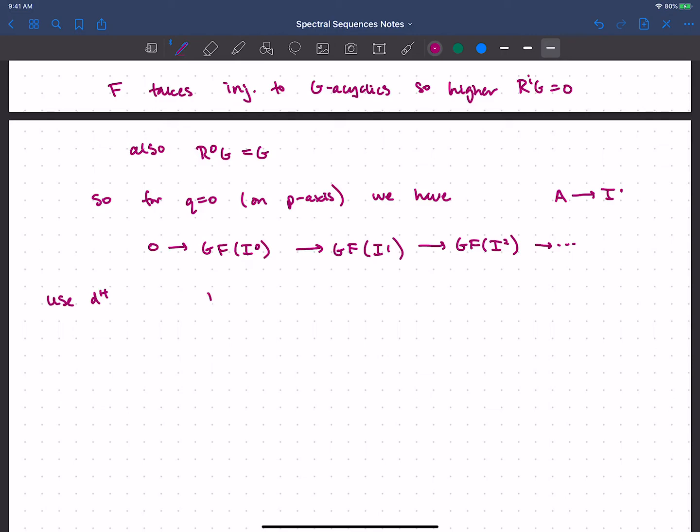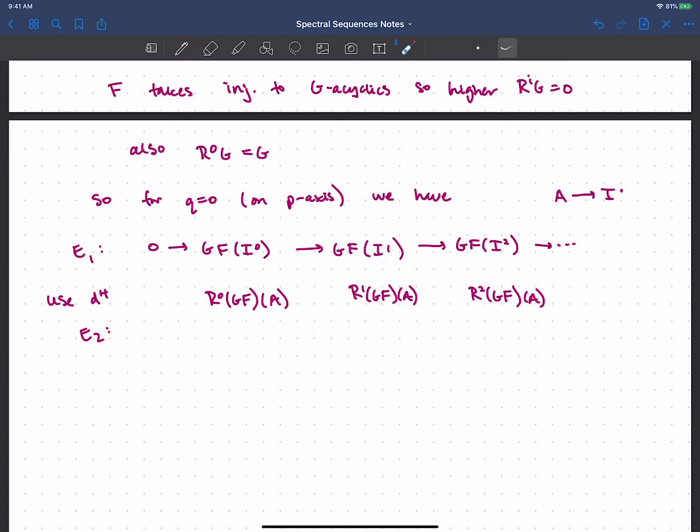So this just becomes R0 of GF applied to A. This next one is R1 of GF applied to A. So now I'm writing the E2 page. This is R2 of GF applied to A. Right, so this was my E1 page,